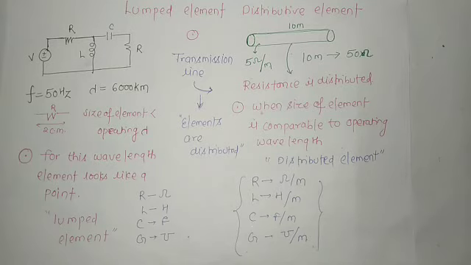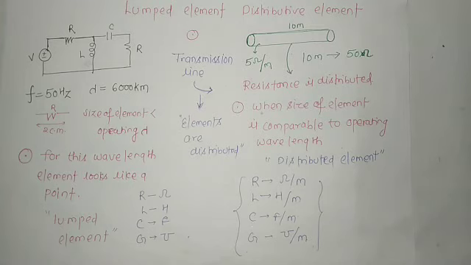In the case of transit time effect, I just want to say one more thing. Never ever say the wave will travel with the velocity of light between the conductors. It travels with phase velocity. What was the phase velocity? The velocity of the single wave is known as phase velocity. Remember that the wave moves with a velocity, and that velocity is known as phase velocity. That phase velocity will never be equal to the velocity of light.